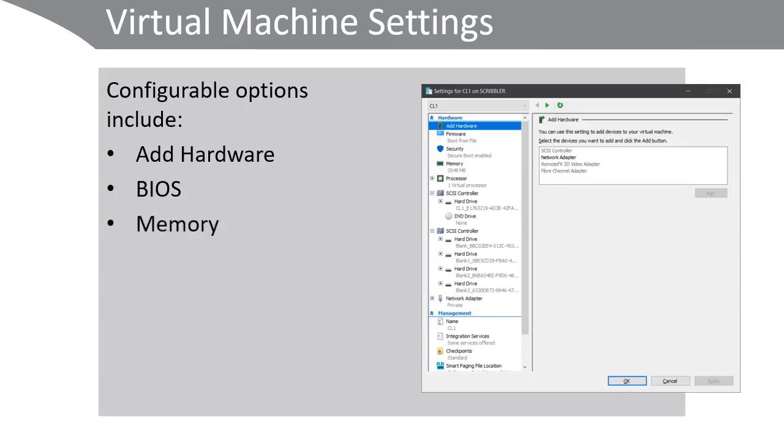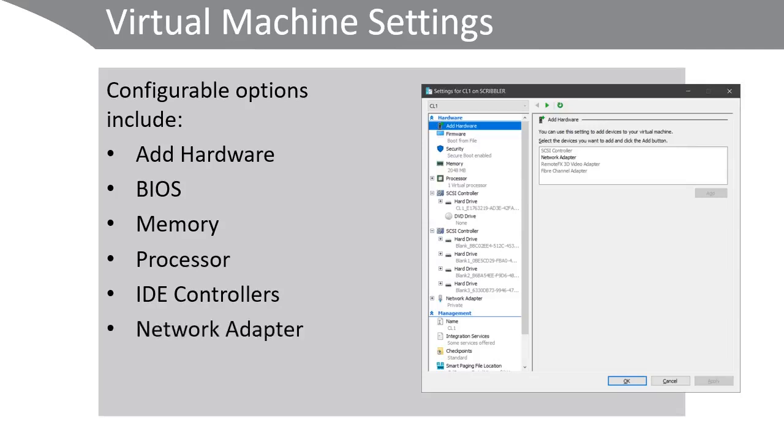You can reconfigure memory, specifying either a fixed amount or an upper or lower amount. You can configure how many processors can be allocated to the virtual machine. You can add additional IDE or SCSI controllers to support more hard disks or DVD drives. You can configure additional network adapters,